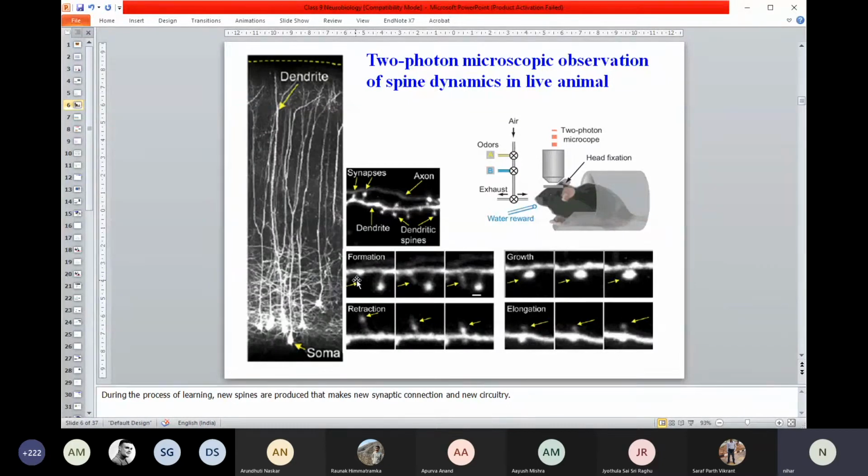Now, if you see the time scale, you give a task. This is showing a picture here. If you give a task to the mice to do something, to drink water, or give some smell so that they're active or they sense something, at the same time you monitor the dendritic spine structure, and you'll be able to see that whenever they do some task, some of the specific dendritic spines are highly mature and stable. You see this big structure. On the other hand, some of the dendritic spines are actually retracting, just disappearing, and so on.